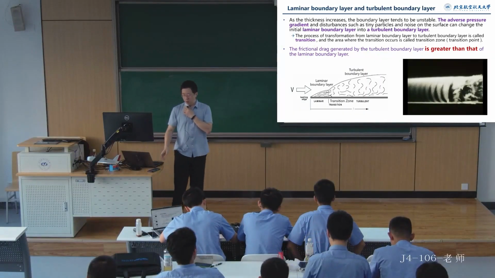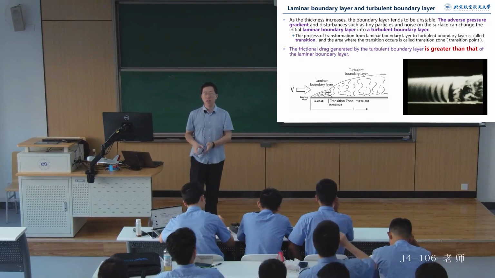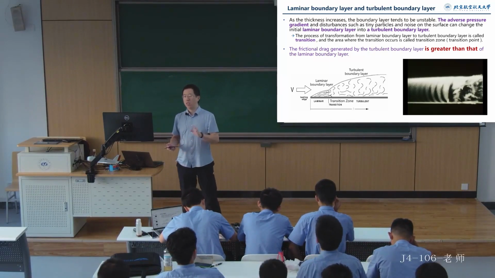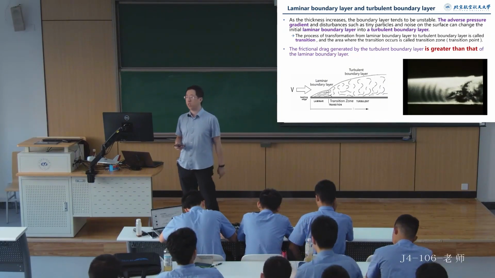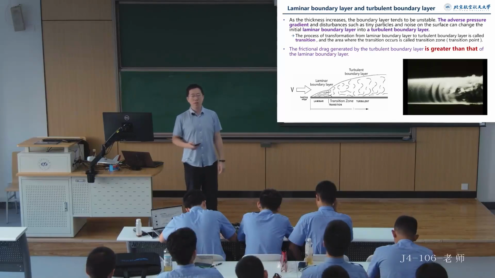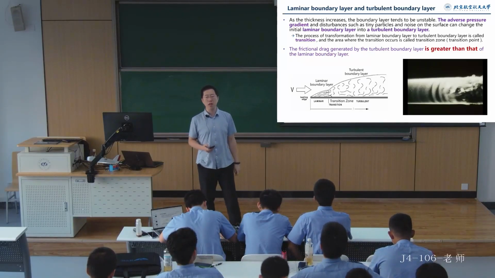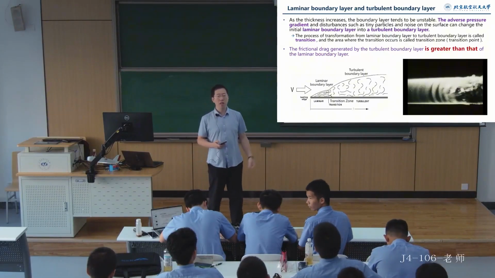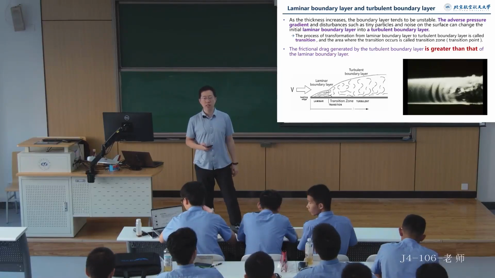All right, so we say that the boundary layer affects the drag on the aircraft, right? Moreover, we say that what we are concerned with regarding the boundary layer is primarily the friction drag it generates. Now, regarding friction drag, for different forms of boundary layers, we have laminar boundary layers and turbulent boundary layers. The friction drag produced by a laminar boundary layer is less than that of a turbulent boundary layer, similar to